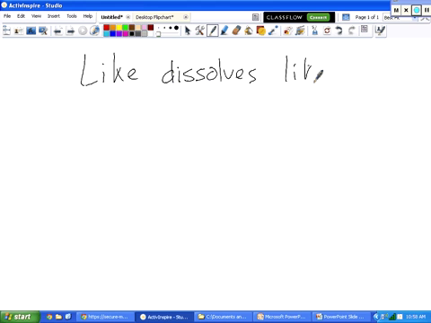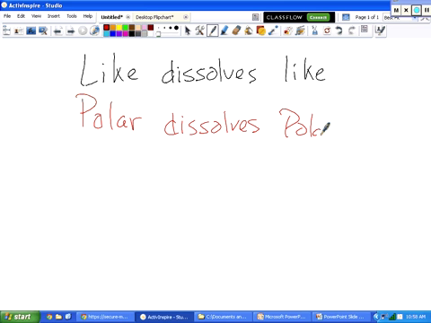Like dissolves like. However, is that a very good way to talk about it in AP chemistry terms? No. So what is another way to alter this? Polar dissolves polar. So we know water is what? Polar. So we can also say that water will dissolve,